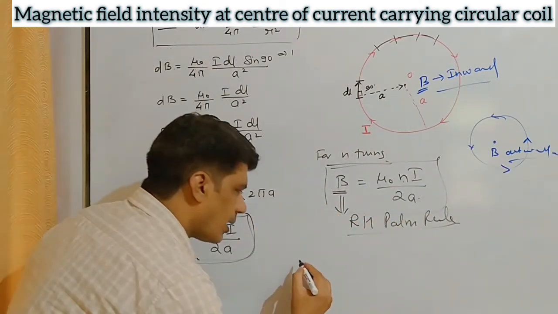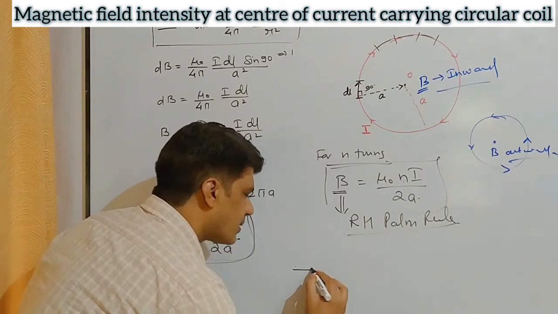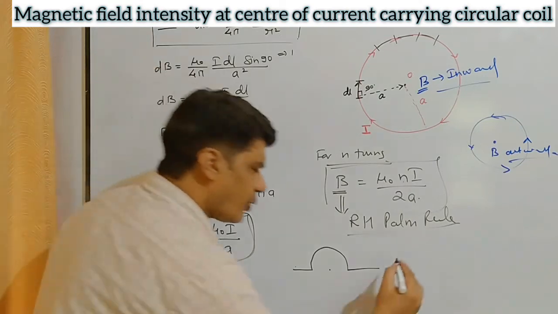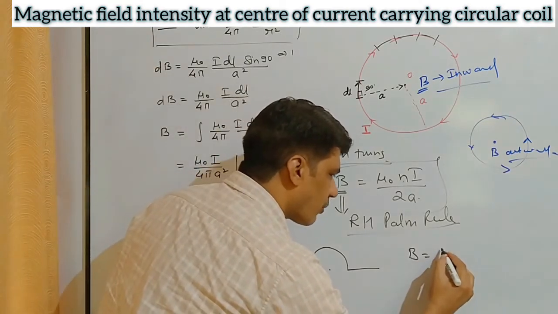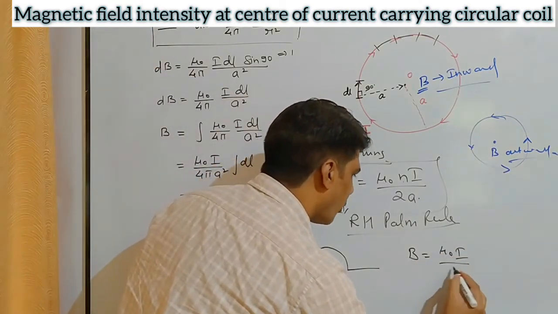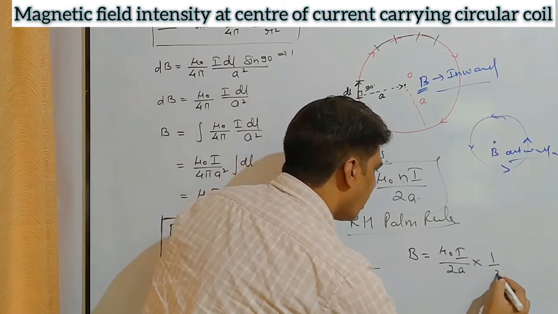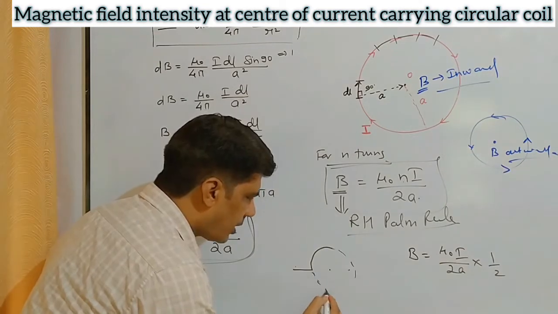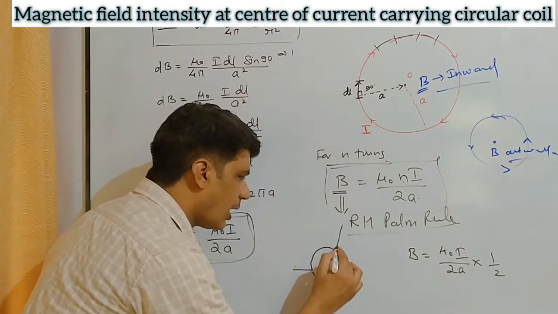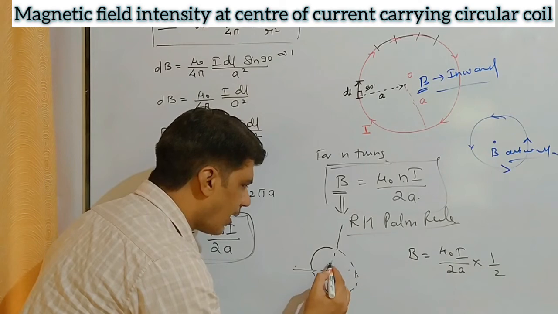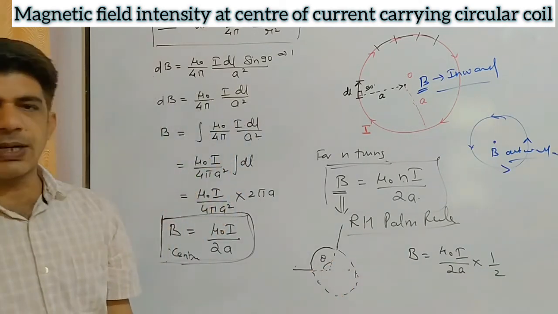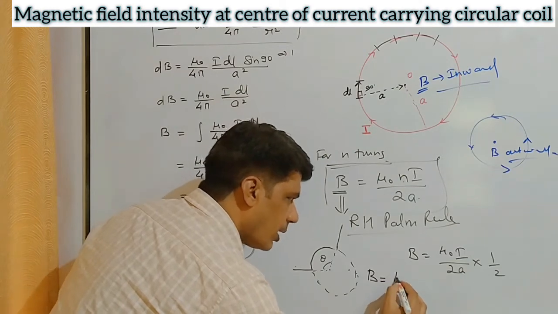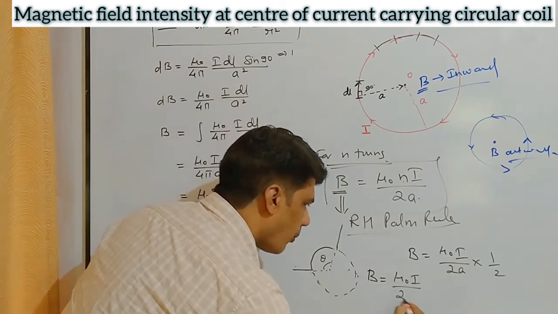Suppose we have a partial coil, means a half turn. In such case, we know that the strength of magnetic field at the center will become equal to mu naught I upon 2a multiplied by half, because it is only the half part of the coil. Instead of half, suppose we have a coil which makes an angle of theta degree at the center. In such case, the strength of magnetic field is given by mu naught I upon 2a